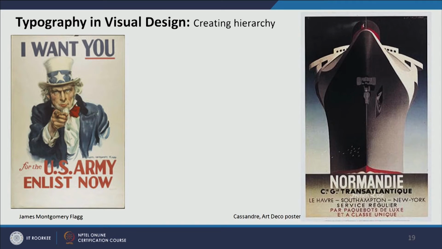a thicker font. And again, on the right-hand side we have Cassandre's famous Art Deco poster, which is also informative and talks about a cruise. It invites people to book the cruise, and it tells the cruise's name, which has the highest importance. Because of the color contrast, the dark background and the light font, it comes out, and its height is also more. Then the next contrasting level is where it is, and the next level of information is this, and these are the next hierarchy, or the least hierarchy, of the information